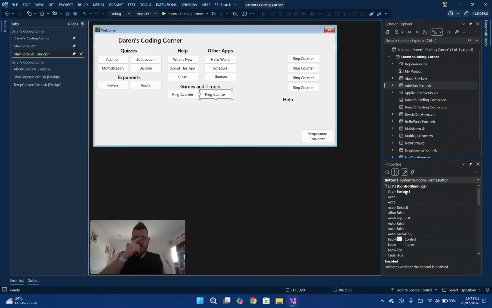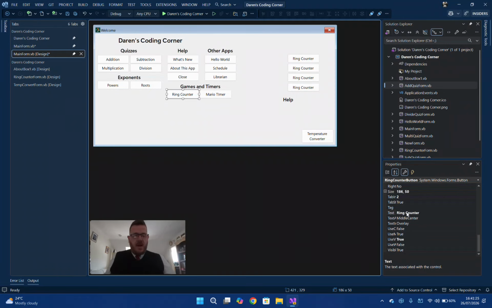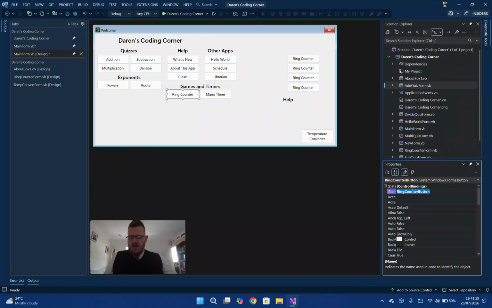Ring counter, so this button will be renamed to Mario Timer. So you'll see a video where I analyse different Mario timers,